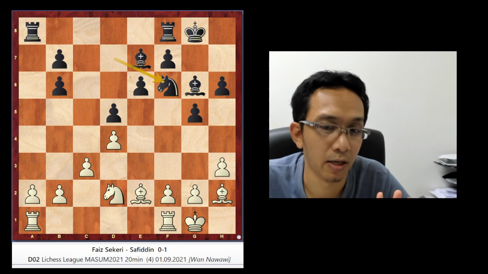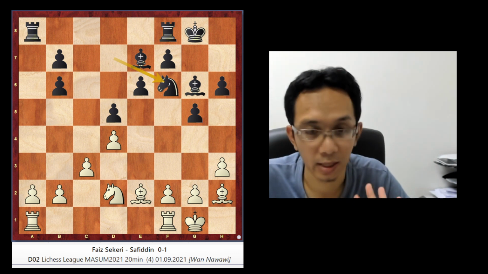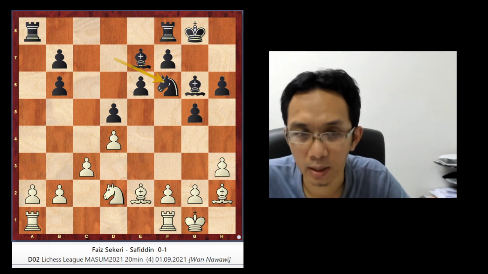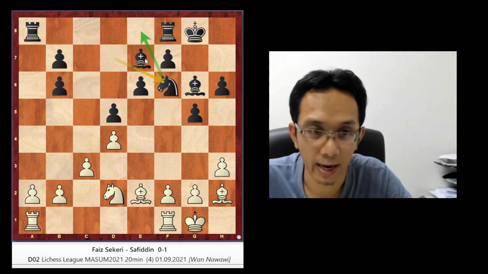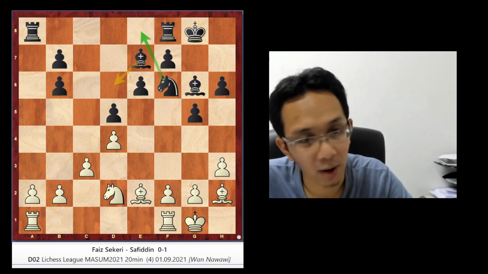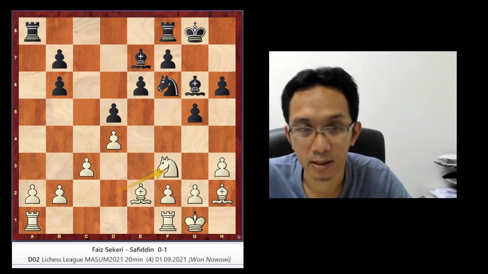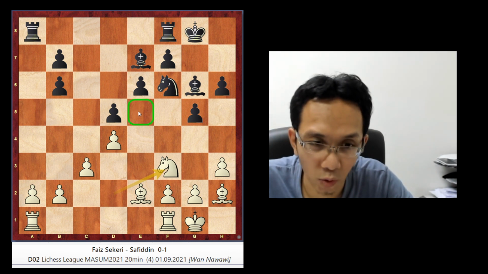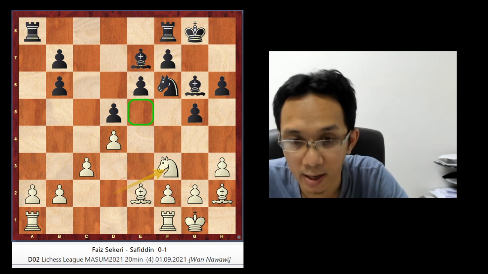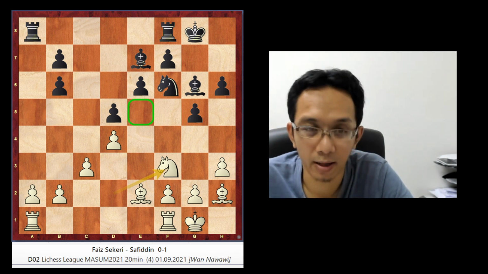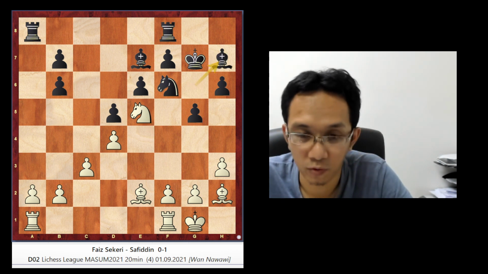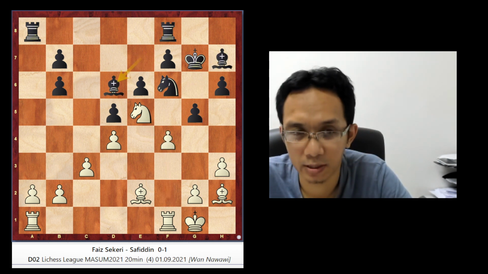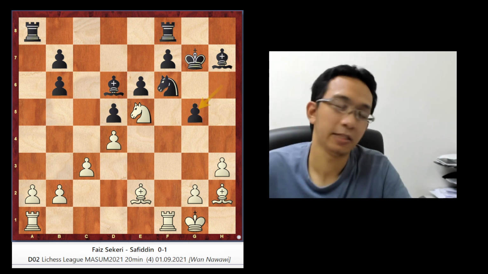Here both sides are still equal. It's not really a problem, because let's say white comes back here in order to play this and then moves the bishop here. What white can do is just get a grip on this square, and then maybe black can play this, and then white can play this, and then whatever, f4 and bishop d6, and then f5.